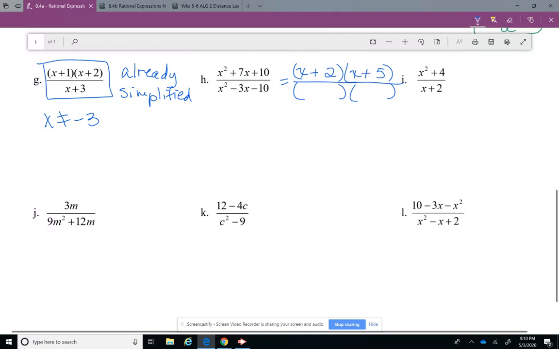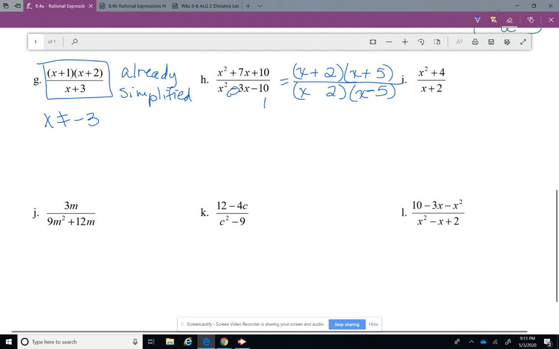Let's look at the bottom one. Two numbers that when multiplied give you 10, but when combined give you -3. So x and 5 and 2. That means you're going to have one that's a minus sign and one that's a plus sign. Now you want your minus sign to be in front of your number that's larger,